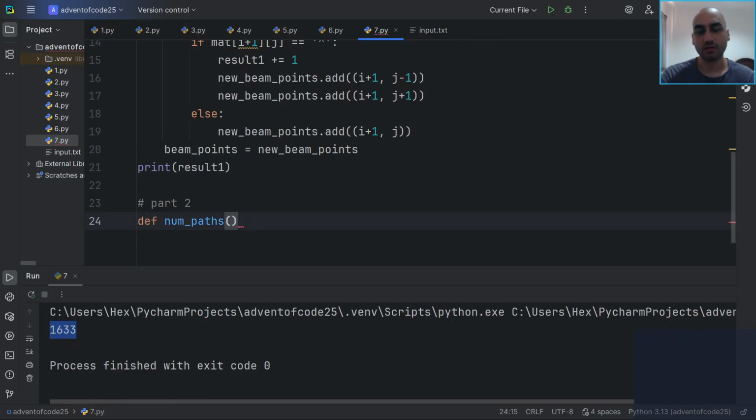Or given position? No, a given splitter. So let's say we feed in the splitter with an i and j value. So looking at the input,